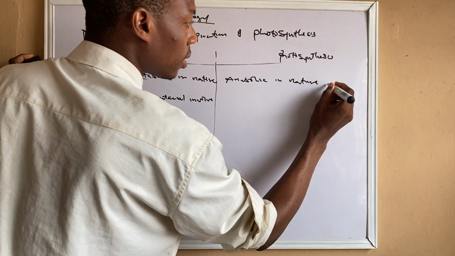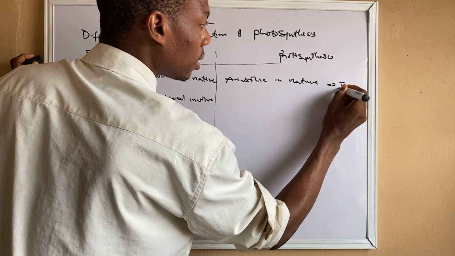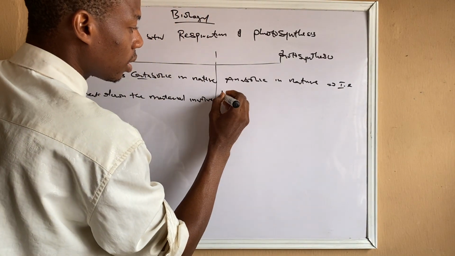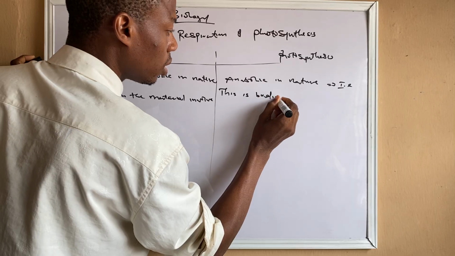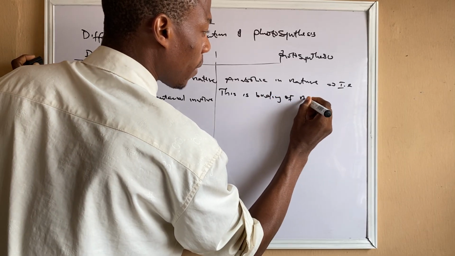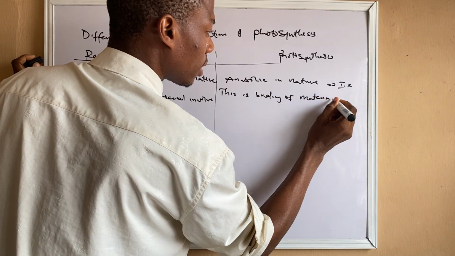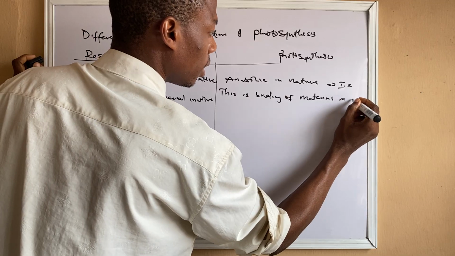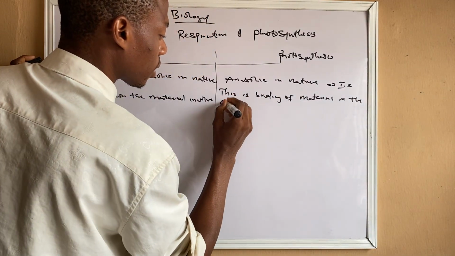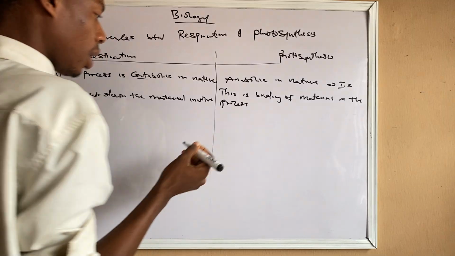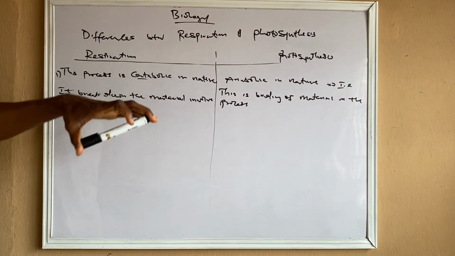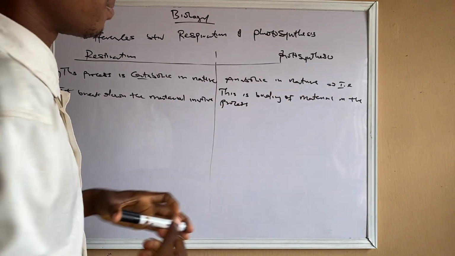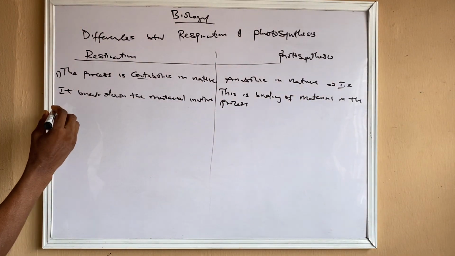That is, there is building of materials in the process. Now, what are the materials that are being broken down, and what are the materials that are being built up? Here we have